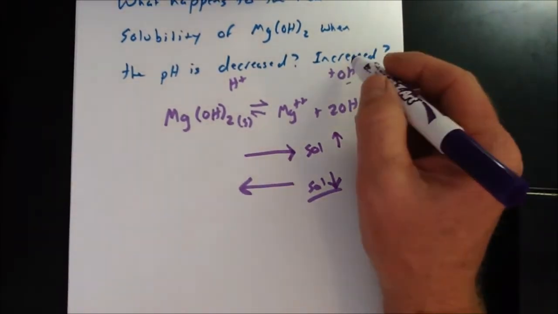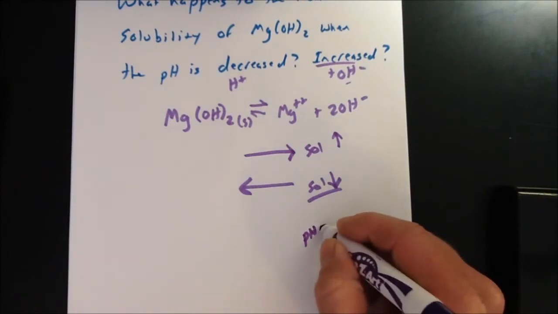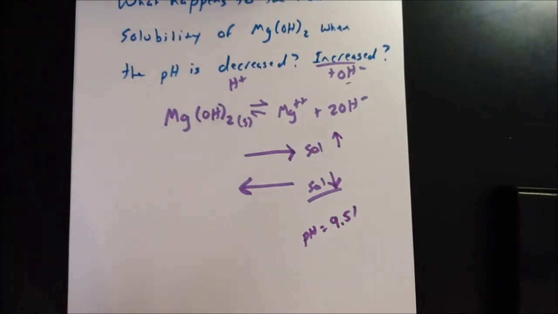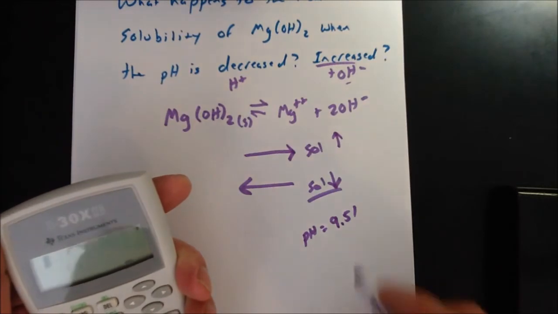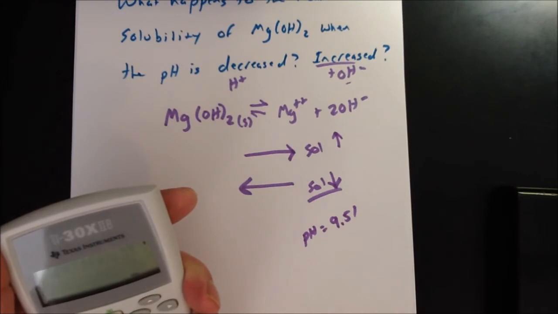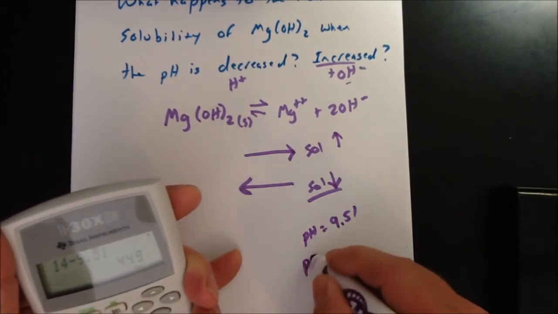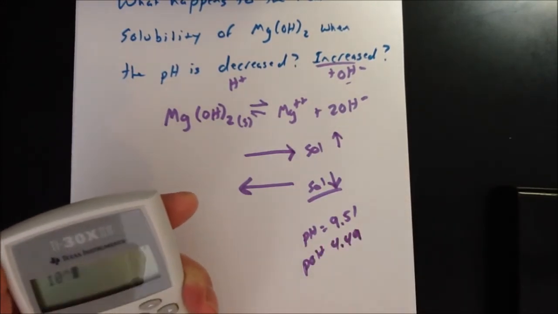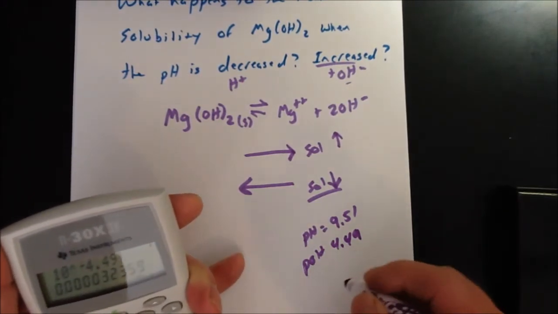Now what if, I mentioned this is increased, what if I said that pH were equal to, let's go with 9.51. If I had given you that, I won't go through the whole solution to this, but I'll show you real quick the setup and how it's similar to the previous problem. pH is 9.51, so 14 minus 9.51 gives me a pOH of 4.49, and 10 to the negative 4.49 gives me an OH minus concentration of